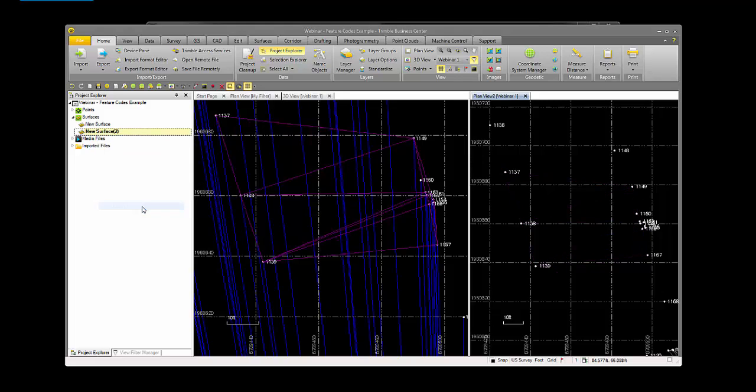If I select toggle visibility, whichever tab I have highlighted up here at the top, you can see the darker blue versus the grayed out color here, that surface is hidden just from that specific view or that specific